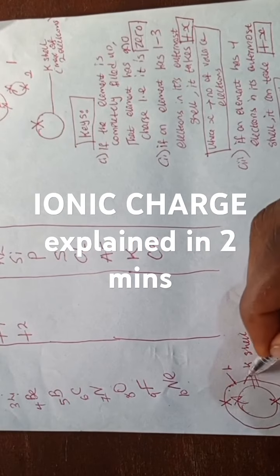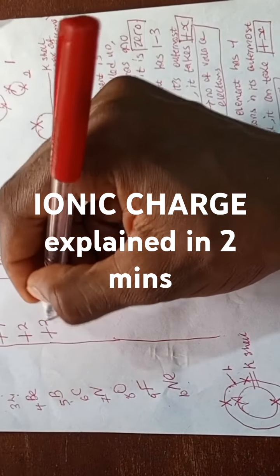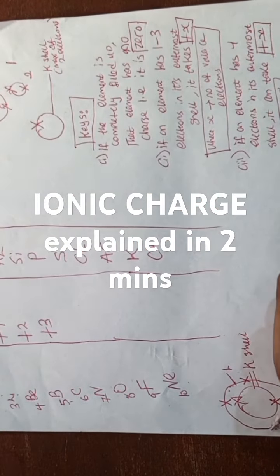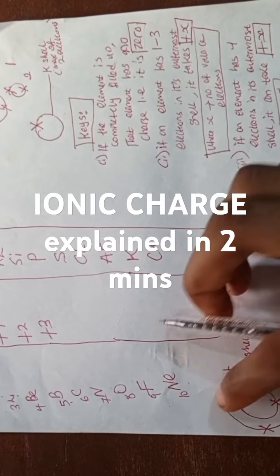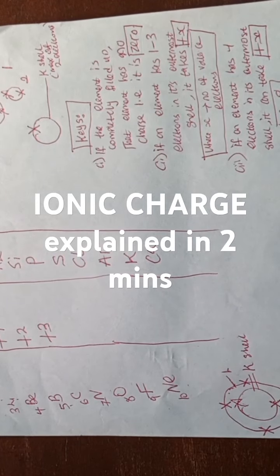Draw boron. Boron, we have 3 electrons in the outermost shell. Let's add it up: 1, 2, 3, 4, 5. That's boron. But boron has an outermost electron of what? 3. That means a valence electron of 3. That will be positive 3. Now let's do carbon. Carbon will be what? 6. 1, 2, 3, 4, 5, 6. That means carbon has a valence electron of what? 4. But when